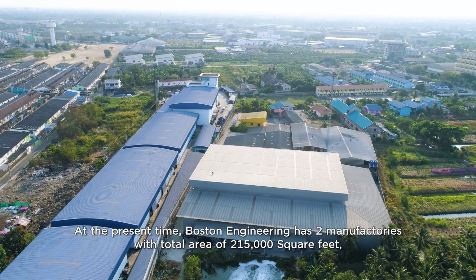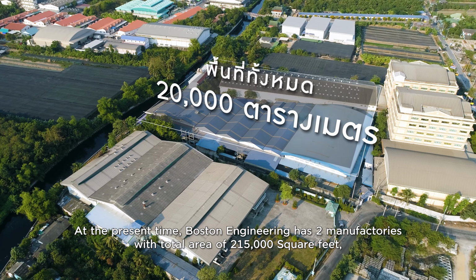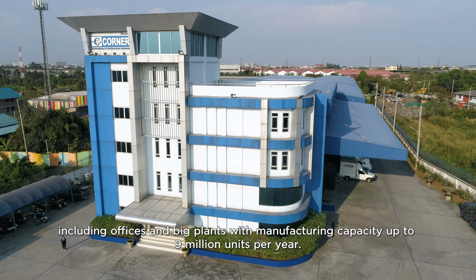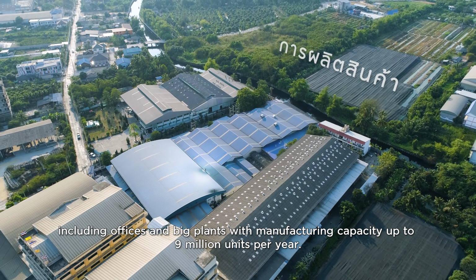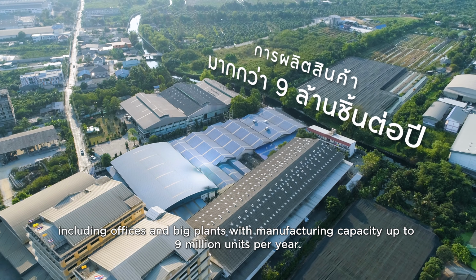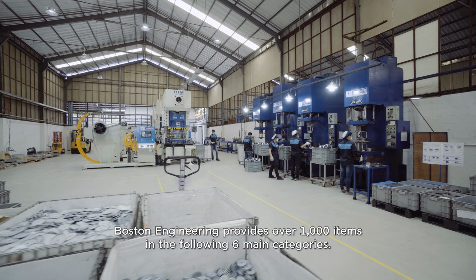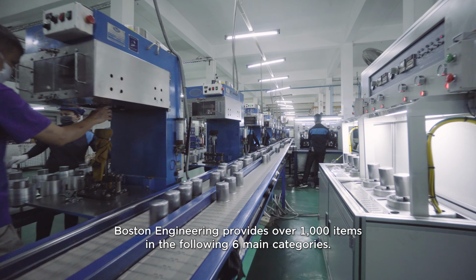At the present time, Boston Engineering has 2 factories with a total area of 20,000 square meters, including offices and big plants, with manufacturing capacity of up to 9 million units per year. Boston Engineering provides over 1,000 items in the following 6 main categories: